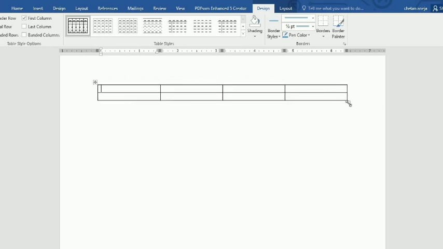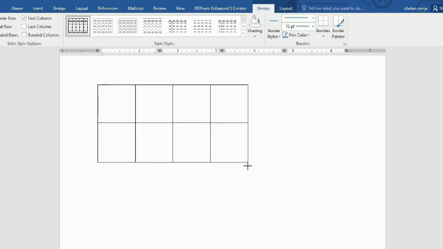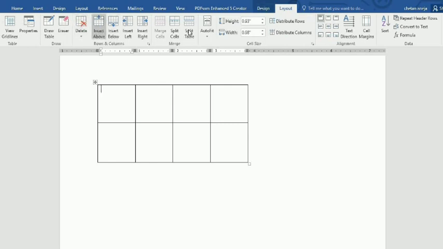and this option will let you increase the size of the table. Okay, if you want to increase the width of the table, width of the column, just go to the layout tab. On the layout tab you will get all the options: delete option, insert row above, insert row below, insert column left, insert column right, splitting option, height and width.